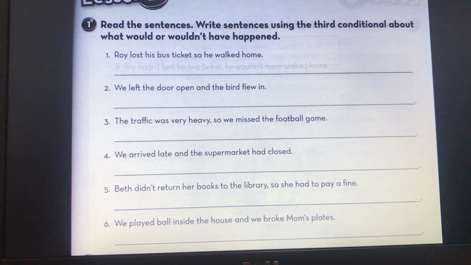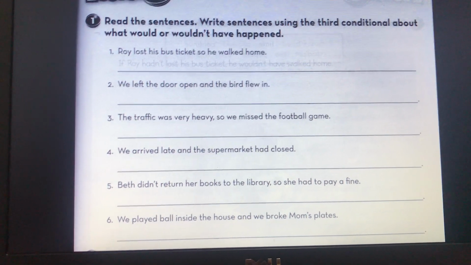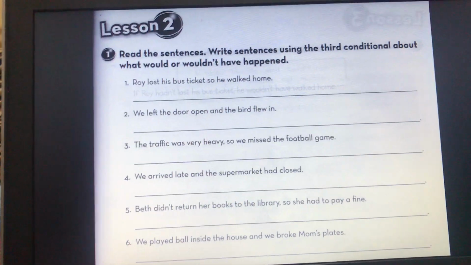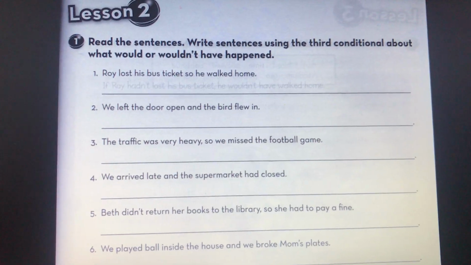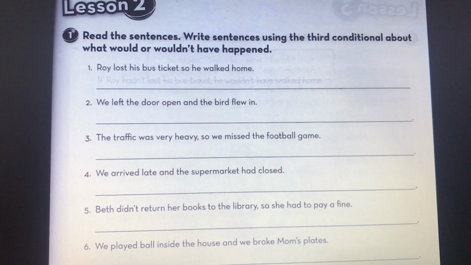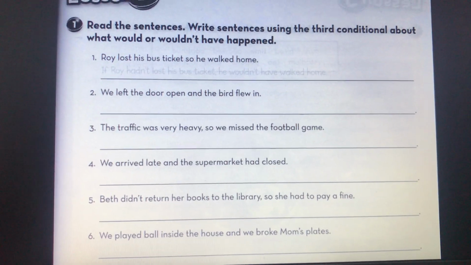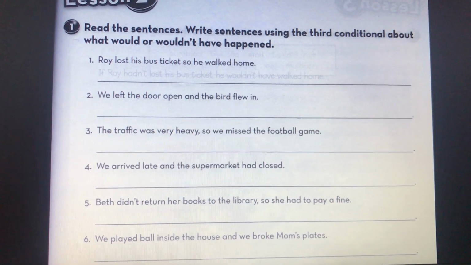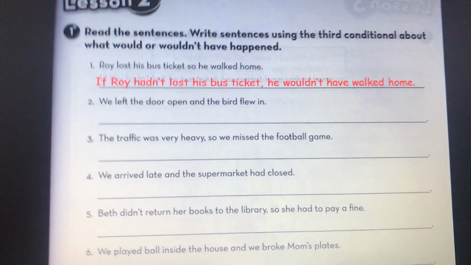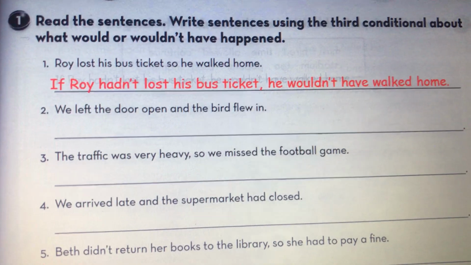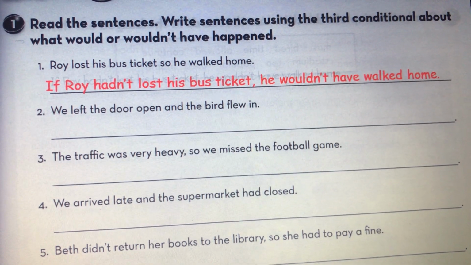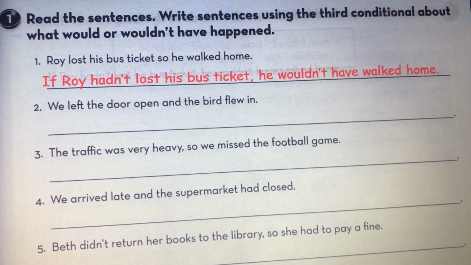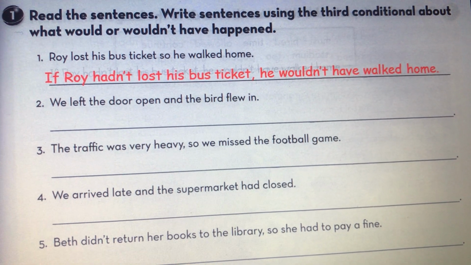Roy lost his bus ticket, so he walked home. Okay, we want to express this using third conditional. We can say this. If Roy hadn't lost his bus ticket, he wouldn't have walked home.